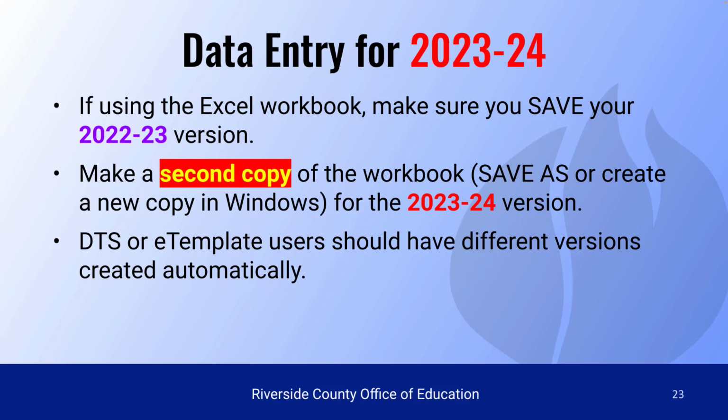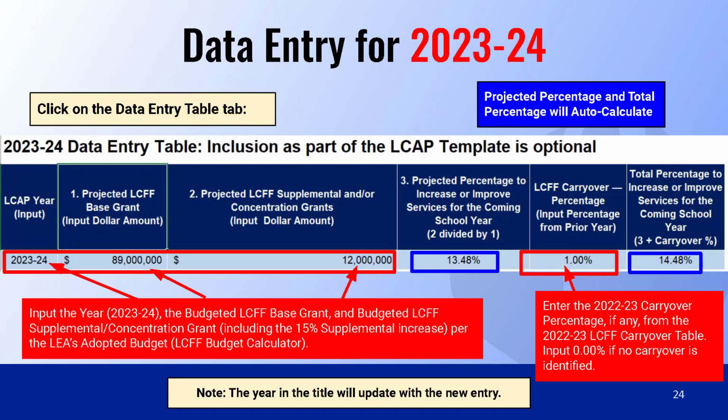So if you are using the Excel workbook, make sure you save your 22-23 version and then make a second copy of the workbook. So save as, or create a new copy in Windows for the 23-24 school year. Again, if you're using a document tracking service or the e-template, you should have different versions created automatically. Once again, we will begin with the data entry tab. So you're going to input the year, now